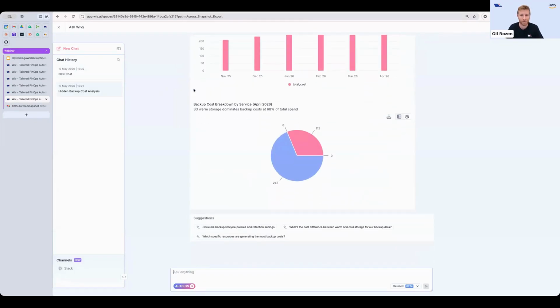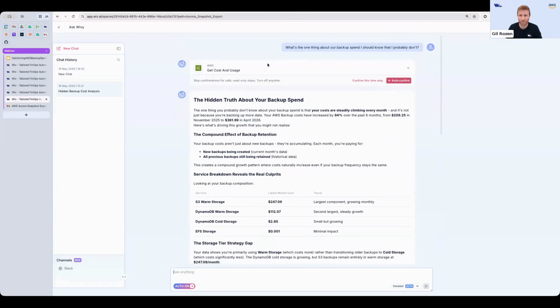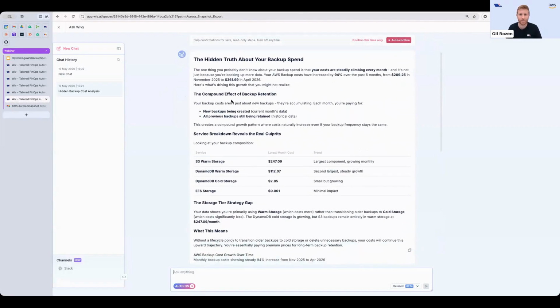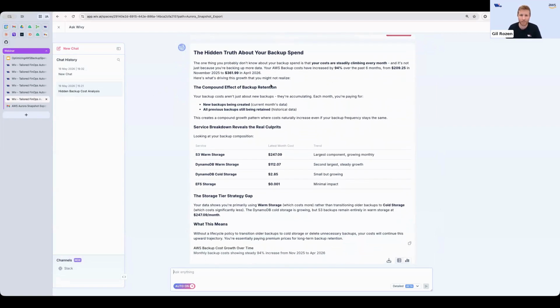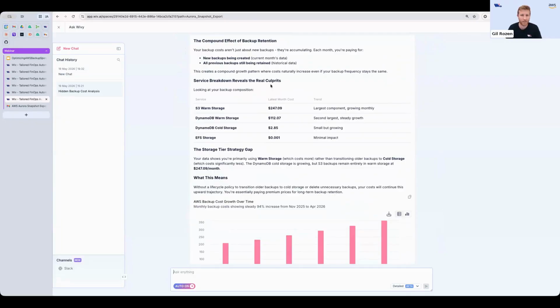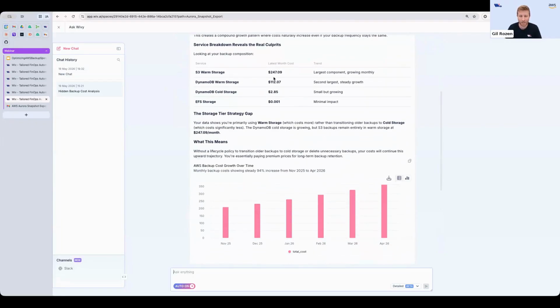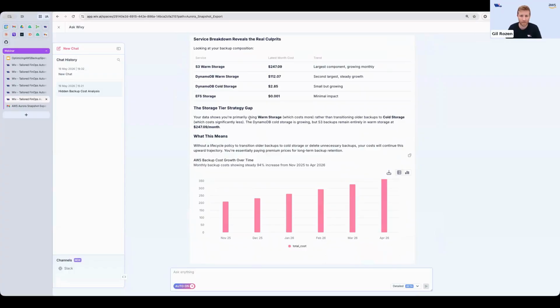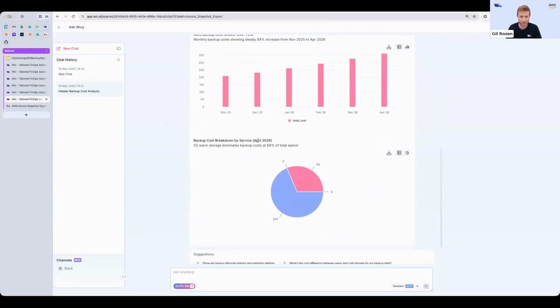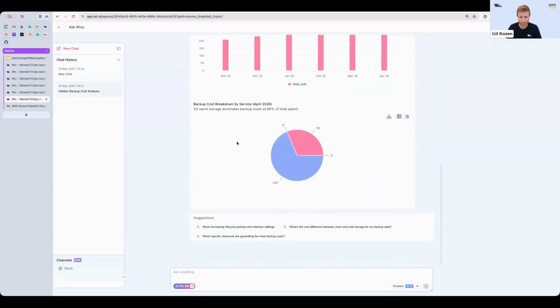So you can see already it's the same question. But you can see here the full answer that Wiv.ai provides, the hidden truth about your backup spend, and it provides a full analysis of the cost, the effect of backup retention, the different services that are inside the backup process, and also the relevant charts to understand the cost breakdown.